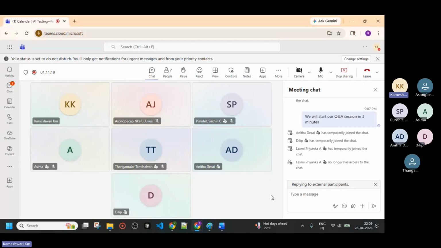Agent is not a chatbot. So we can't test whether these MCP servers are making the right call to the right task, because everything has been predefined. If you want to test that, you have to check through the backend API calls whether the API call is going correctly or not. Because only if the connection is correct will it get integrated and you get the response. If the connection is not proper, you are not going to see that. So for MCP servers and agentic AI, we need to go for API testing.